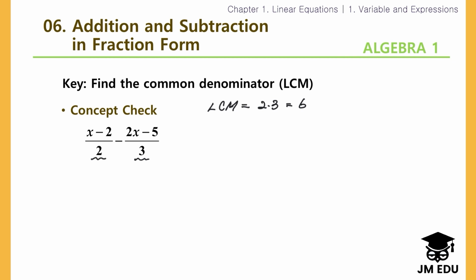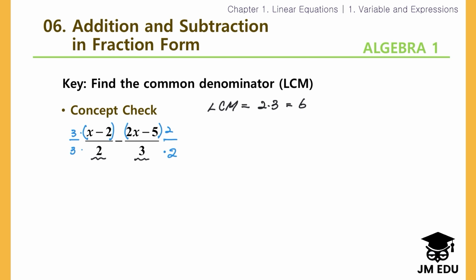Now let's make the common denominator. We're going to multiply by 3 here, also 3 of all of this expression. To make this denominator 6, then we have to multiply by 2 here and 2 also in the numerator,